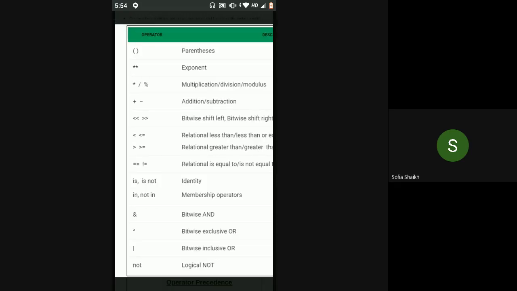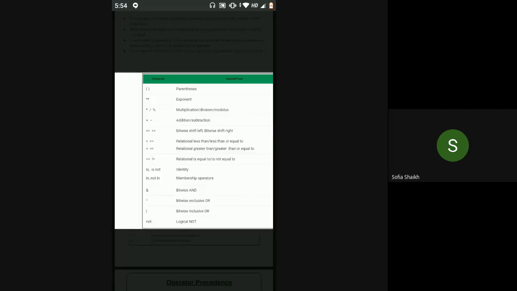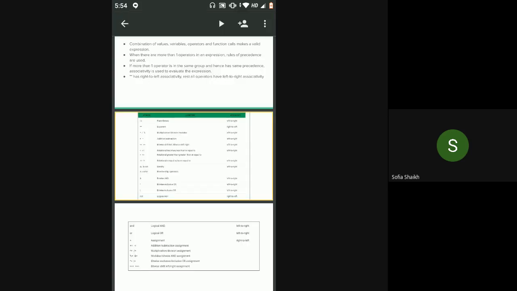Next, you can see the not operator, and I think or and and are in the next slide. Not has a higher precedence than and, or.